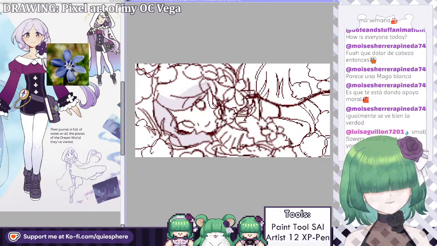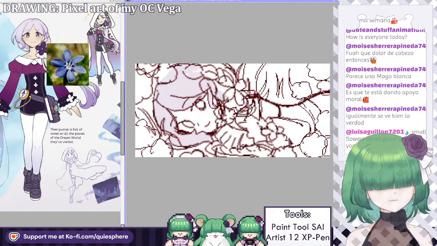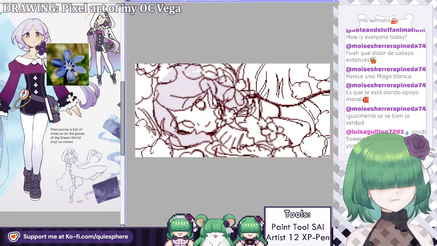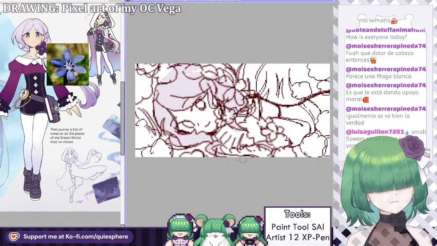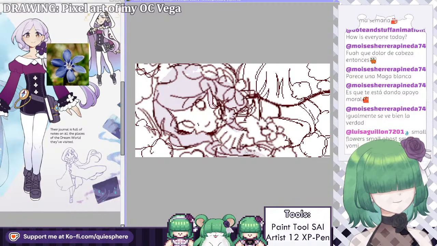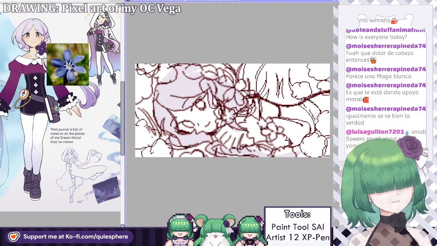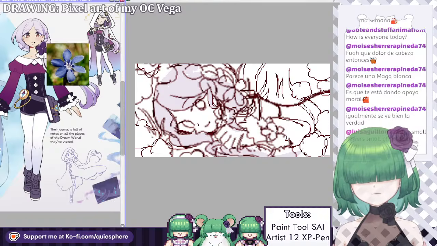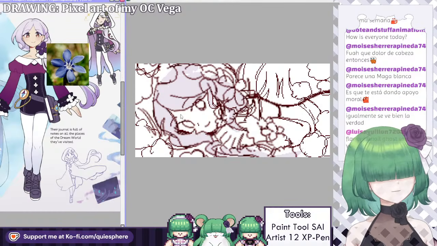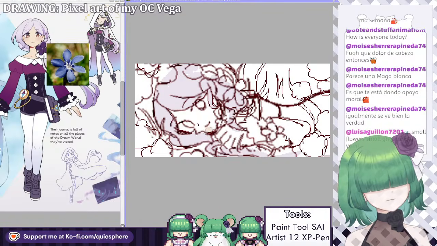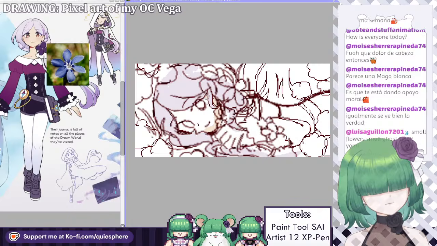I will still try to use the main colors of her design as the main colors of the palette. Let's see how that turns out. So, for now, let's just paint under the sketch that I've got here, and after that we'll start polishing a lot of things.